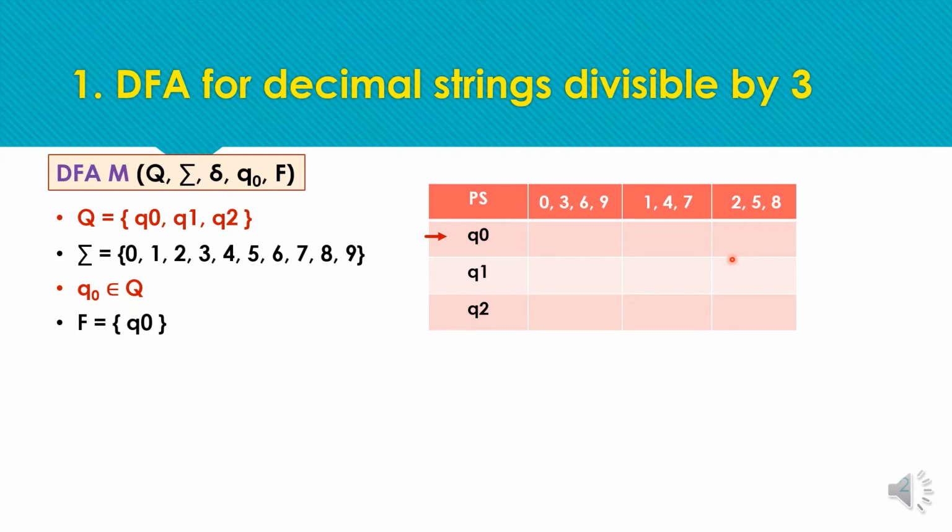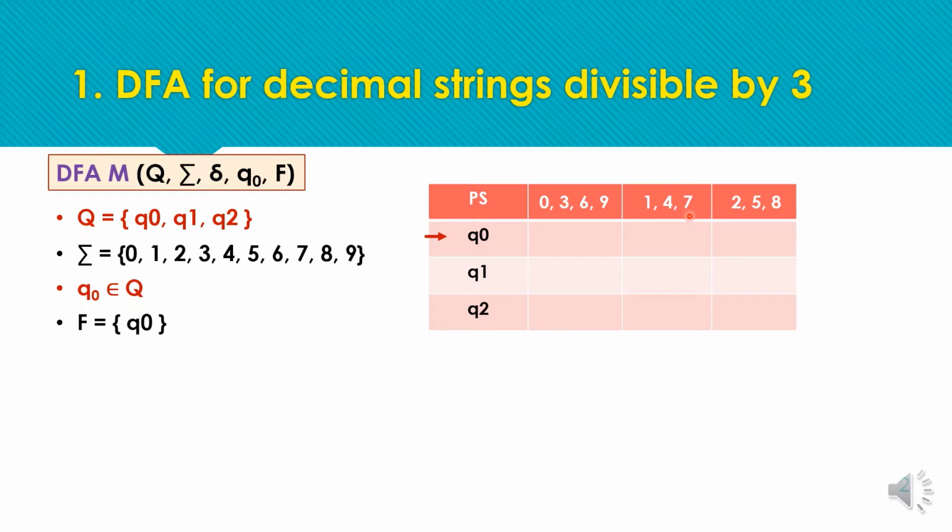Note the first thing over here. We have divided the input into different sets, so whatever will be the transition for any element of the set, all other elements of the set will have the same transition, whether we consider them or not. Means whatever transition we have for 0, the same transition will work for 3, for 6 and 9 as well. And whatever transition we have for input symbol 4, for any of these states, the same transition will be for 1 and the same transition will be for 7.